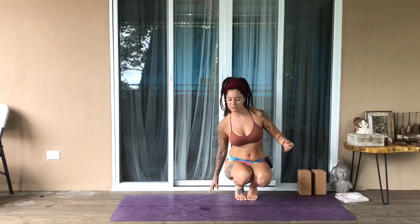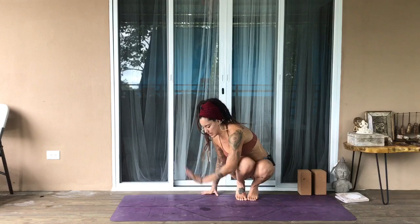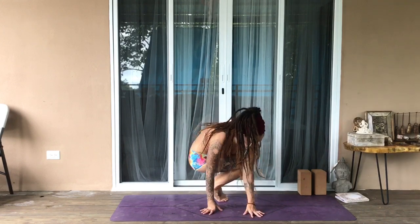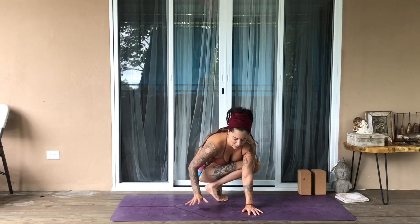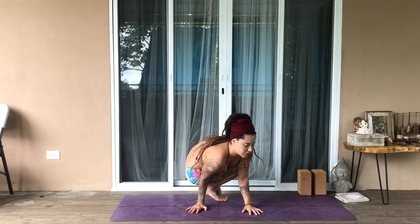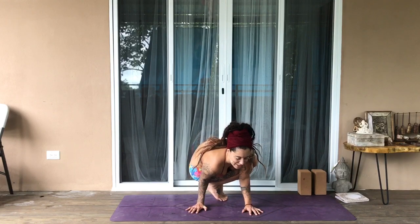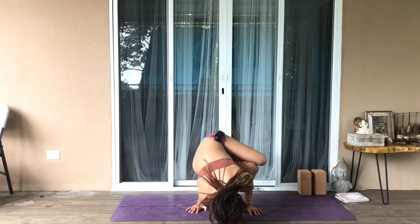Beautiful. Also, how many times do we see something like this for side crow? Crunching in the side body, taking our hands towards the side of the mat. And then I'm going to turn this way just so you guys see it. And then, even though this is a single arm balanced posture, what happens is we turn our hands to the side like this, and oopsies, we just conveniently rest our bum on this right elbow, which then forces this right shoulder to go down, and then we're like, oh God, there's the floor,